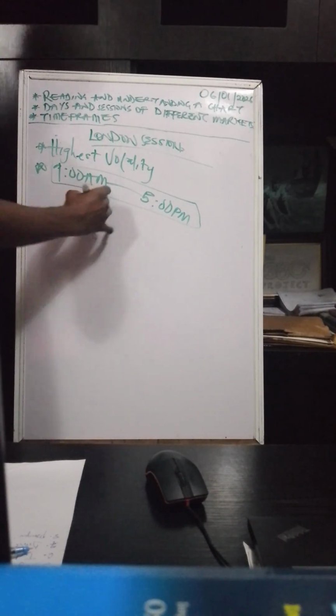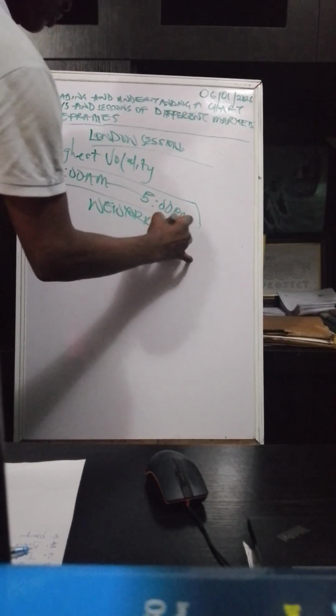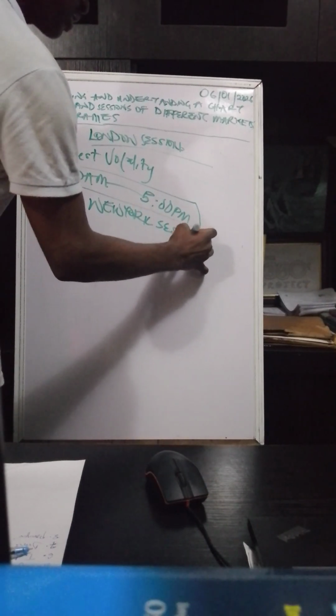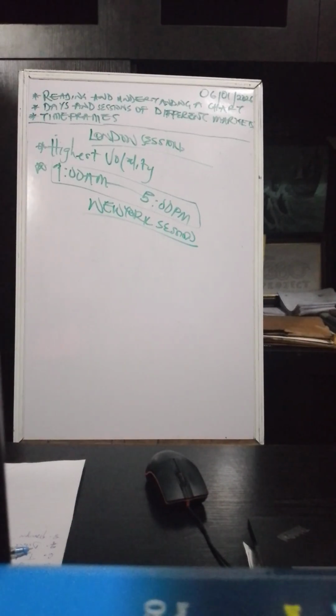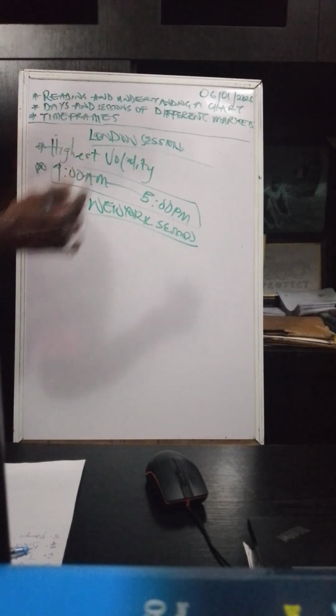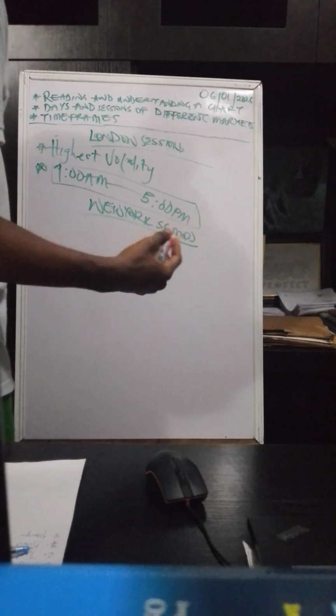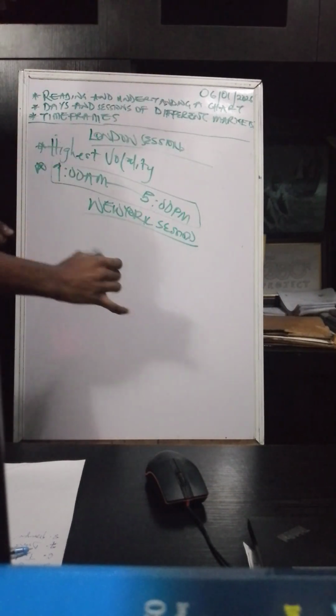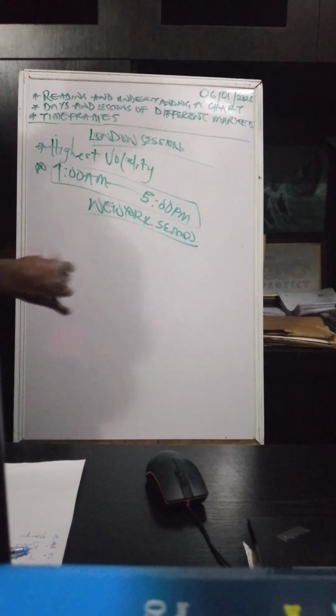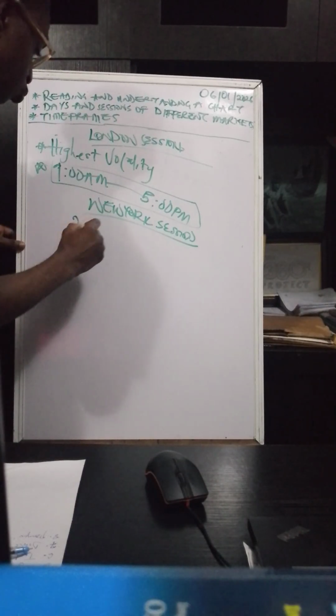And now for the last session, the New York session. This is the fire session. It's not a session you play with. So what the New York session is for is news releases, the highest volatility in the market at any given point of time. The standard time where all these news happen in the New York session is by 2:30